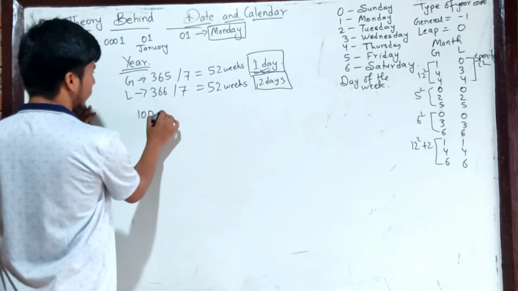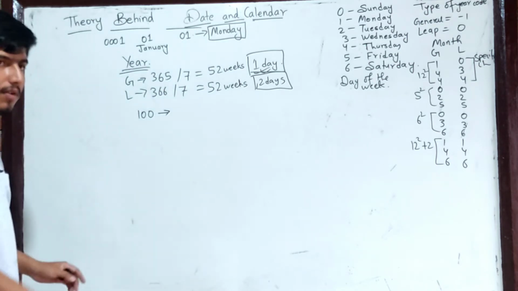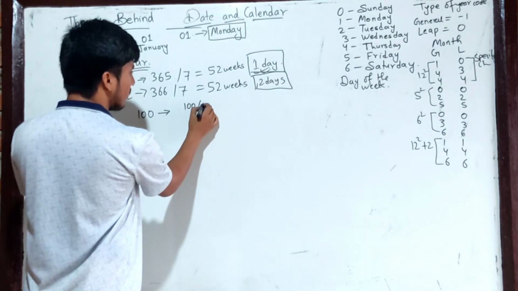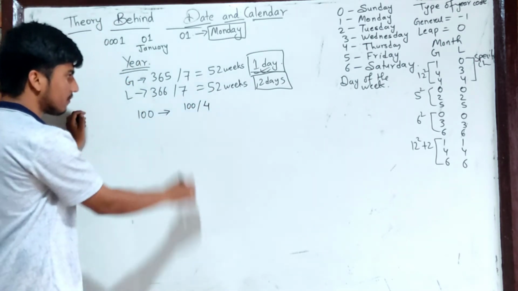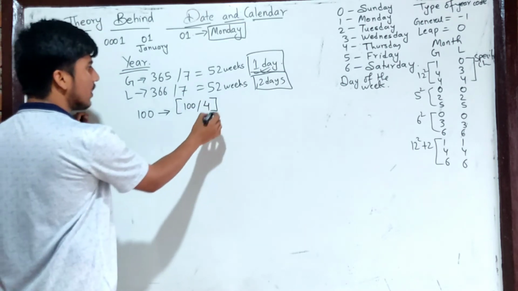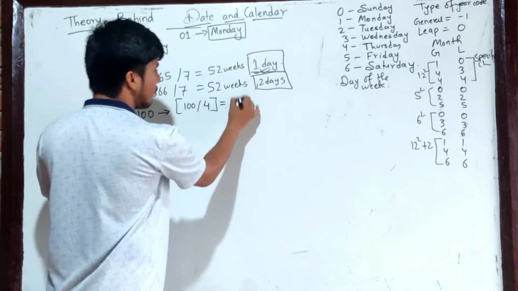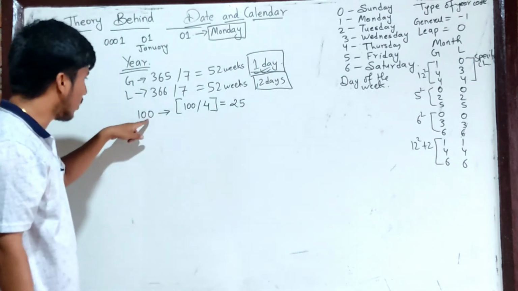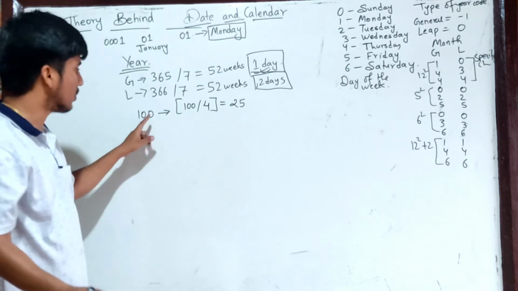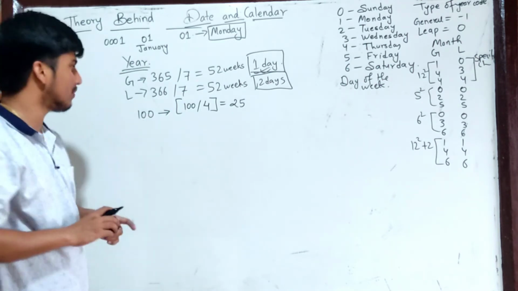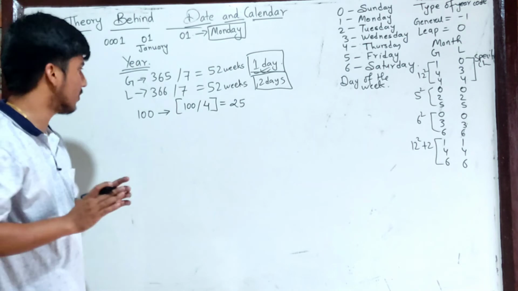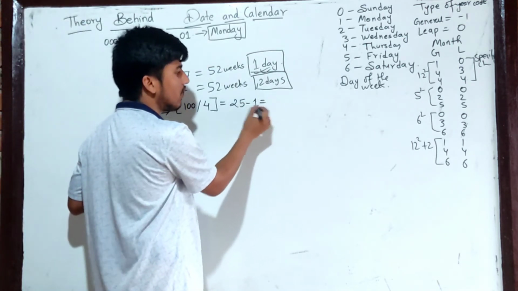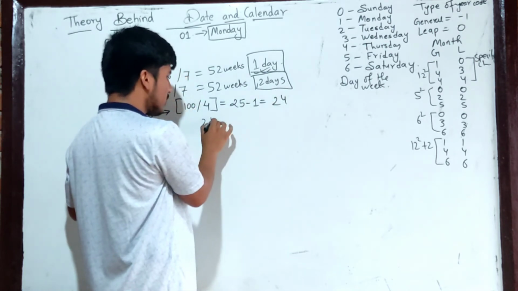So in 100 years we can find the number of leap years if we divide 100 by 4, and this will give us 25 leap years, right? But 25 is not the correct answer, because 100 itself is not a leap year. The centuries that are not exactly divisible by 400 are not leap years, so 100 is not a leap year. So to find the right number of leap years, we have to subtract 1. This gives us 24 leap years,